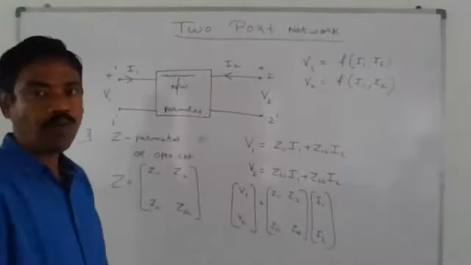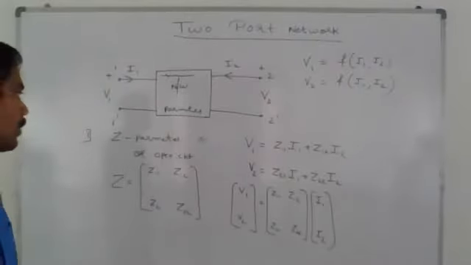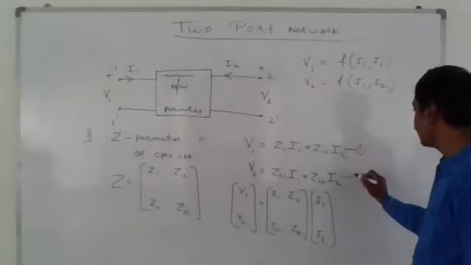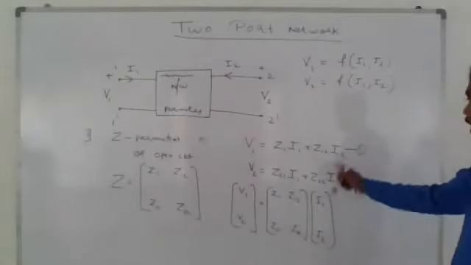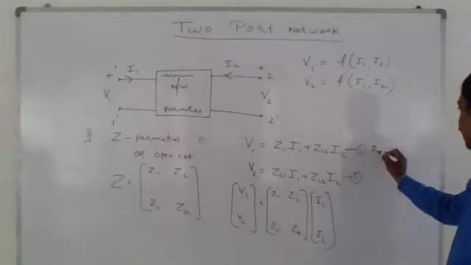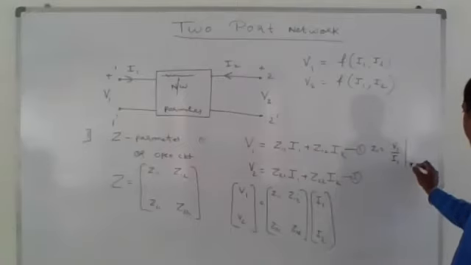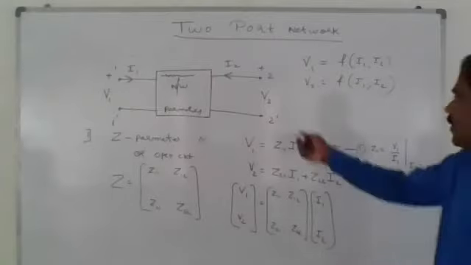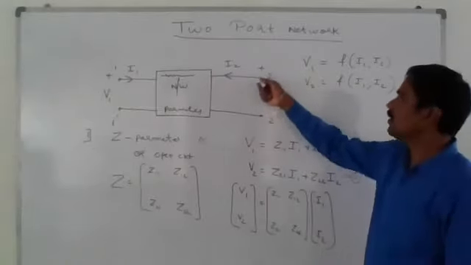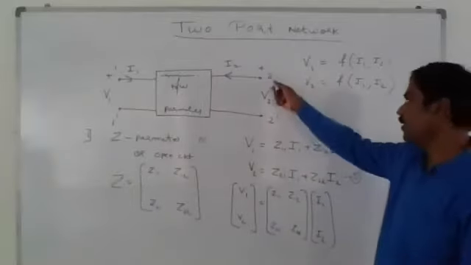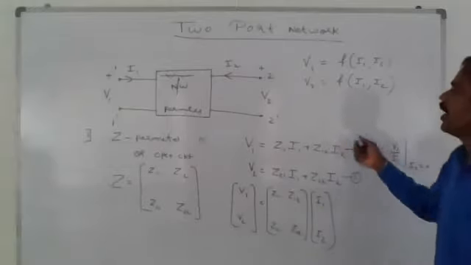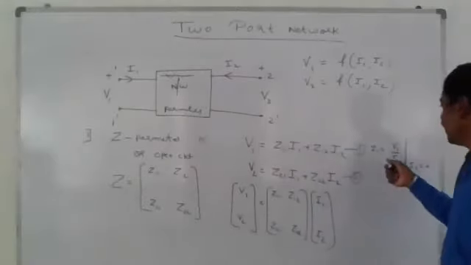All of you have written. So how to find Z11 and Z12? Here you can see by this equation. This is a standard equation of Z parameter, equation 1, and this is equation 2. So how to find Z11 by this equation? Z11 is equal to V1 by I1 with I2 equal to 0. If I keep this as open circuit, then I2 will be 0. If we are not connecting any load, I2 will be 0. And I2 will be 0 means Z11 is equal to